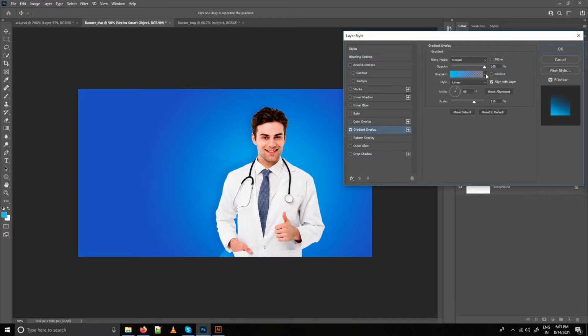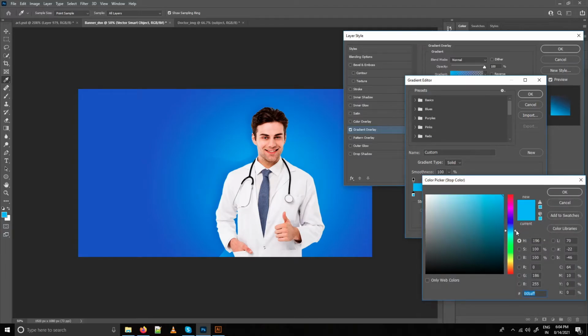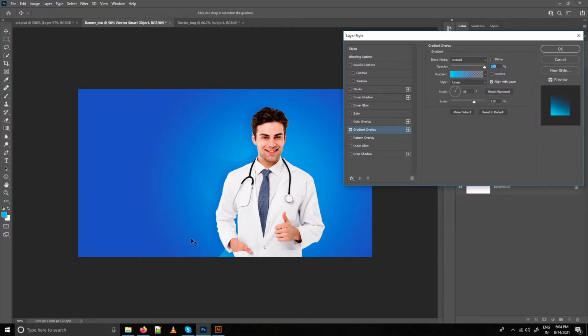Select custom gradient which we just saved. I want to reduce the opacity of darker shades to 0 and blue color can be more towards teal. Place the gradient according to your liking.